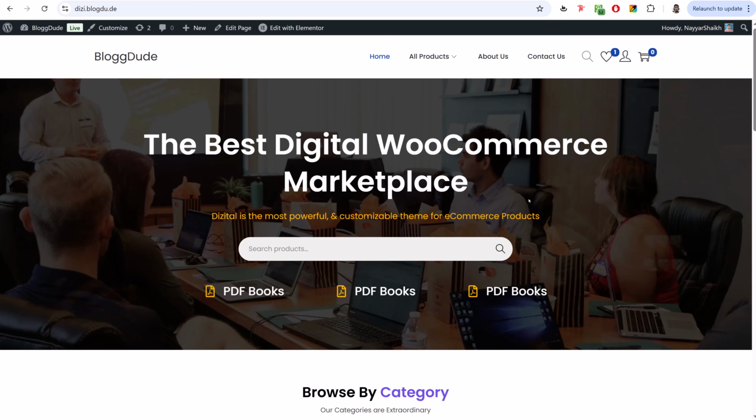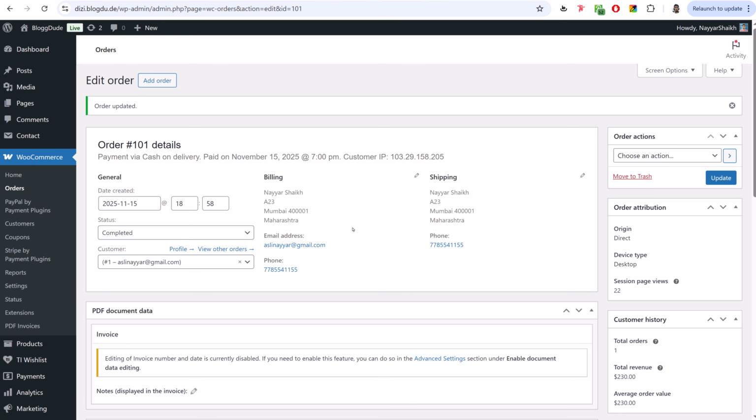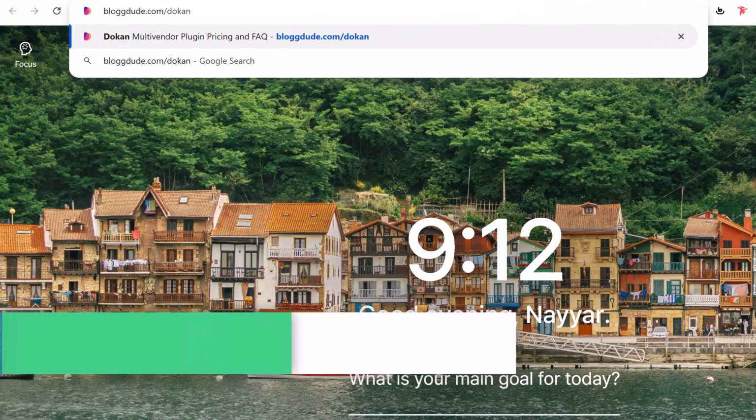So basically you will be something like a marketplace, something like Amazon. Okay, so to convert this website into a multi-vendor website or multi-seller marketplace, we'll need a free plugin. And to download that plugin, again, open a new tab. And this time search for